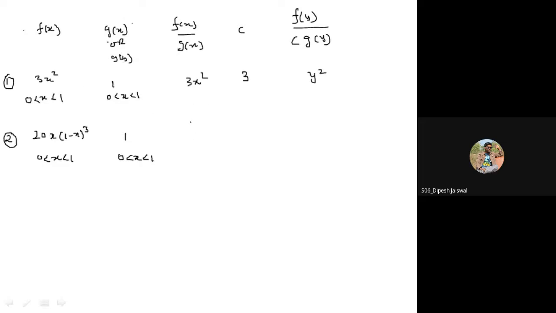Then the ratio is again 20x(1 minus x)^3. The value of c is 135 by 64. And what is the formula? It is 20 into, or if you can solve it, there is no issue, 64 divided by 135 into x(1 minus x)^3. So this is your formula. Now third example.